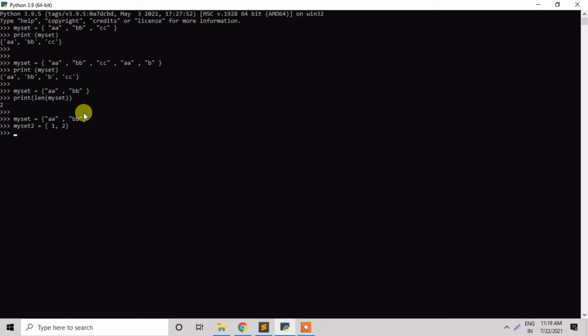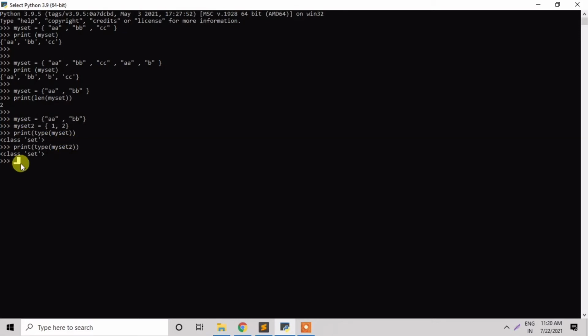Now I am using the print function to check the type. So the type of mySet is a set. The second one is also a set, that is 1 and 2. We can write the print function and check that the second variable is also a type, that is type of mySet2. So the answer is class set. In this case we can see the types of the set.